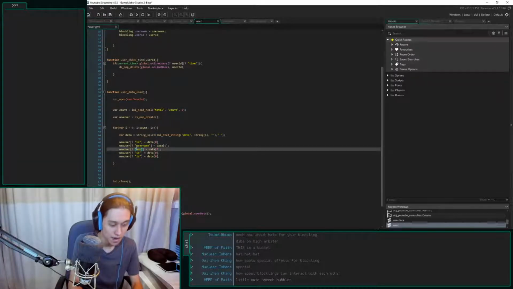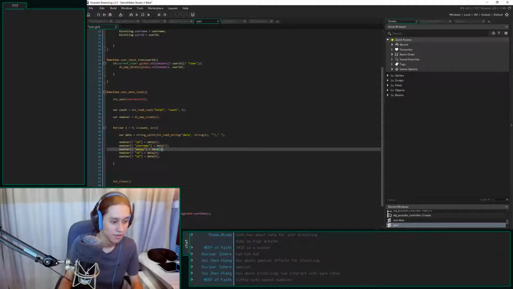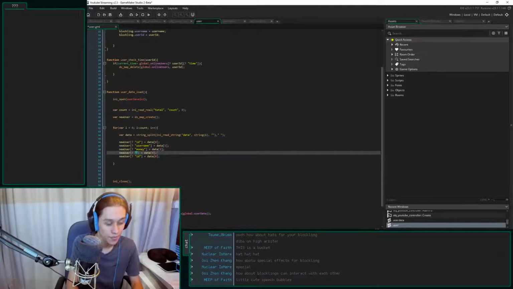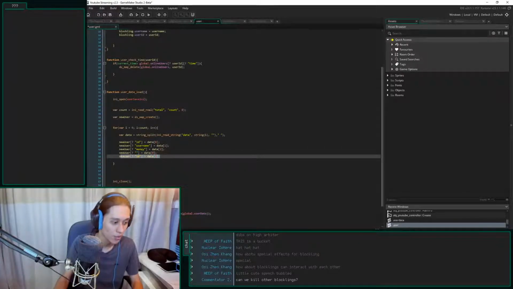Username, we also have the money. What do we have? We have money. I'm still working on Islands of War as well. Islands of War has slowed down a little bit. I want a little bit of fun every now and then, so we'll work on this. ID, username, money. What else did I say we needed? For now, that's all we need.